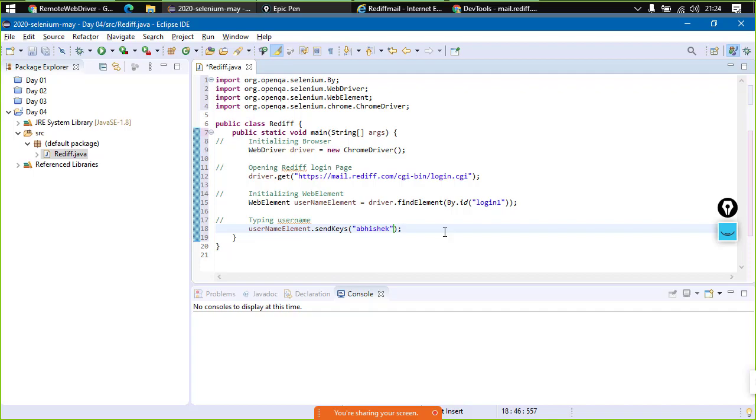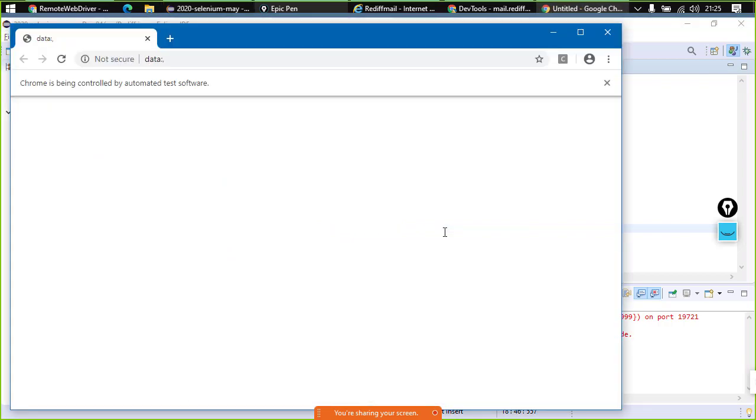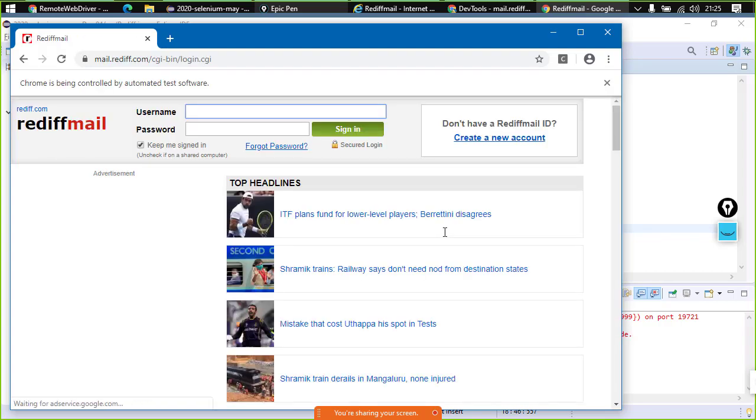Control F11 is the shortcut key that I use to execute my code, and here the code is getting executed. It may take a little bit of time for the browser to open. Let us just wait for this to be completed.